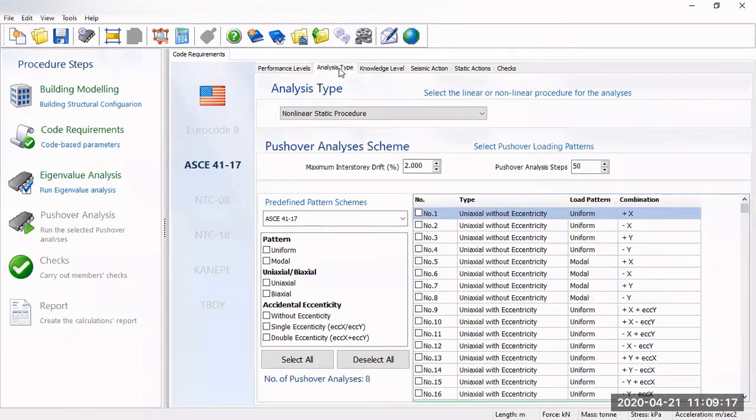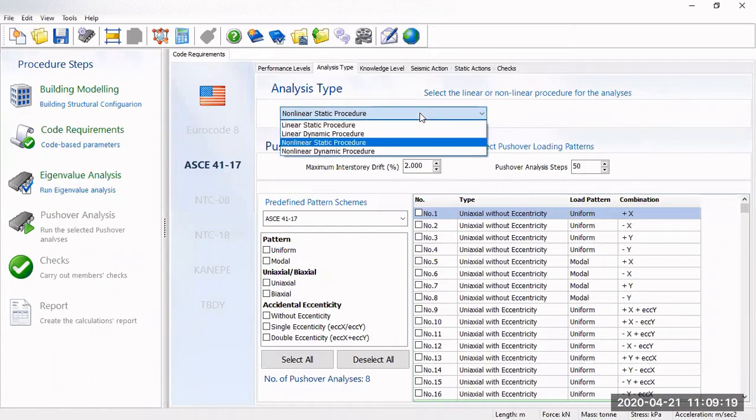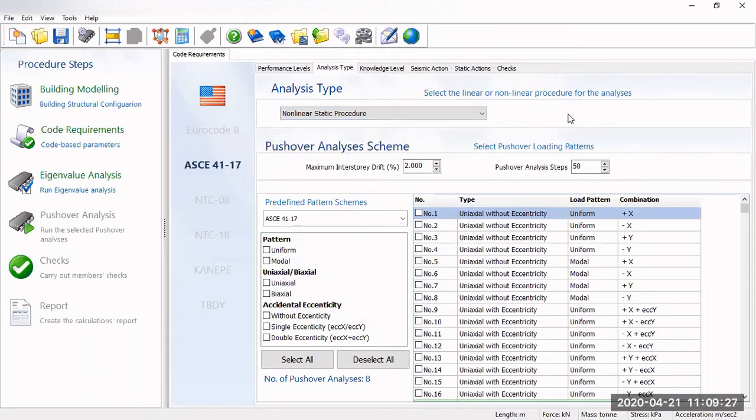The next one is the analysis type. In our current version of SeismicBuild 2020, we only have pushover analysis, but in our future version, we're going to include all four procedures. So for today, I will only look into the pushover analysis. All right. So for the setting here,